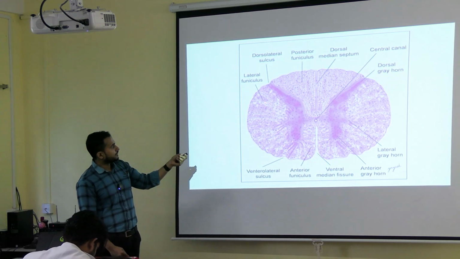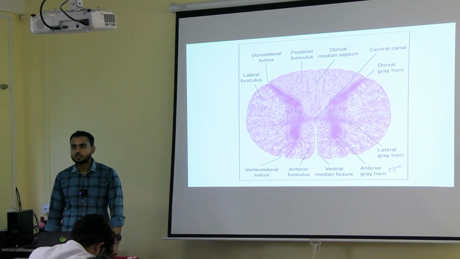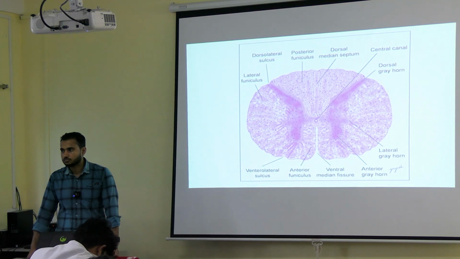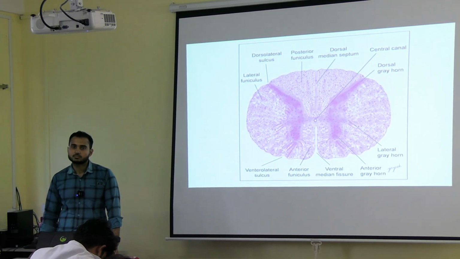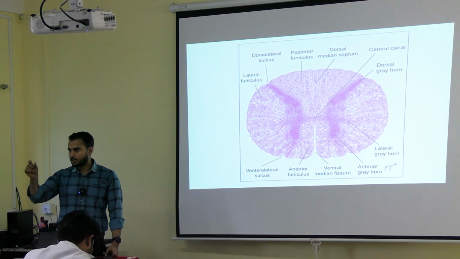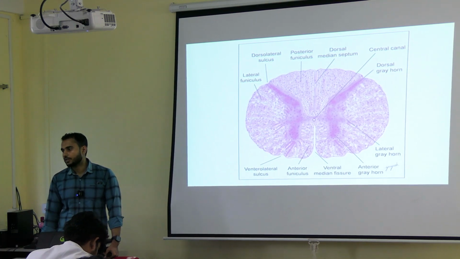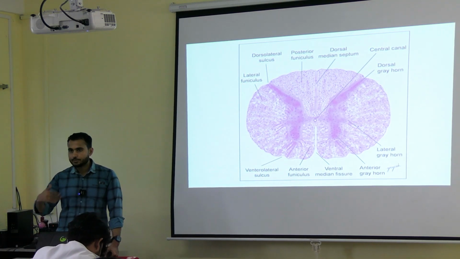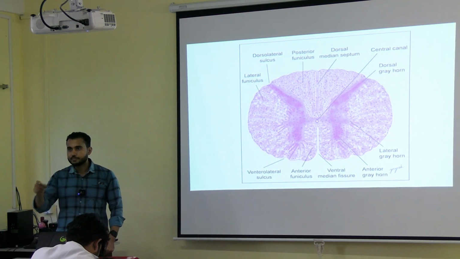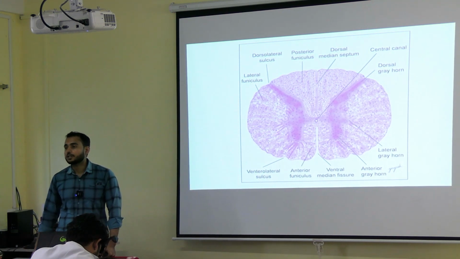And can you see the empty spaces? So many empty spaces, white spaces. Why are these empty spaces seen? Any idea? The axon, yes. What is the covering of the axon? Myelin sheath. Whenever the processing is done, at that time the myelin sheath is washed away. Because it is washed away, the empty appearance is seen. That is an important identifying feature for the white matter.